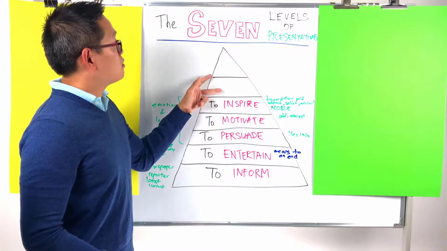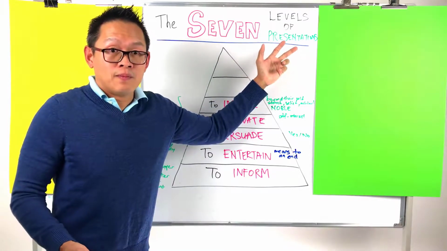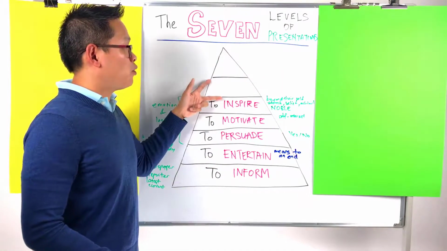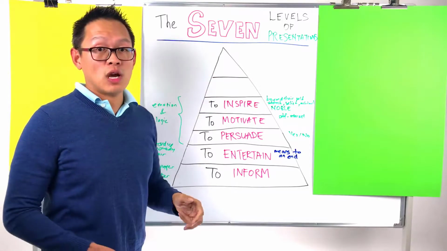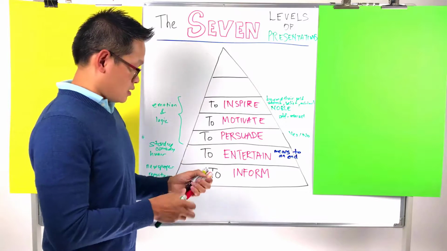So what I'm talking about is the 7 levels of presentation or 7 levels of programs. If you run a program and the program can achieve these two, I think you have already made it. So what is this? This is what I call